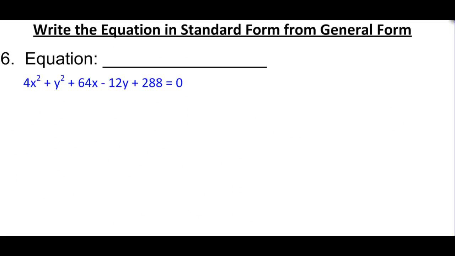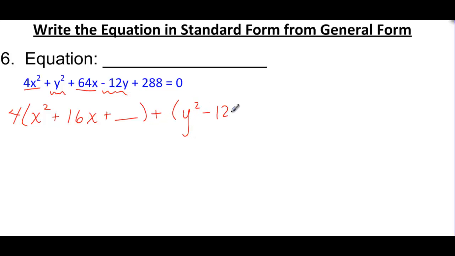Again, I want to keep the x's together and the y's together. So the x's, and if you want to factor it out right away, I'm going to show you that this time you can, you don't have to put in parentheses and then factor it out. Here are my x's, so I'm going to factor out a 4, and I'm left with x squared plus, if I do this, it ends up being 16x plus blank. Now if I look at the y's, I don't have to factor anything out, so I'm just going to put plus y squared minus 12y plus blank